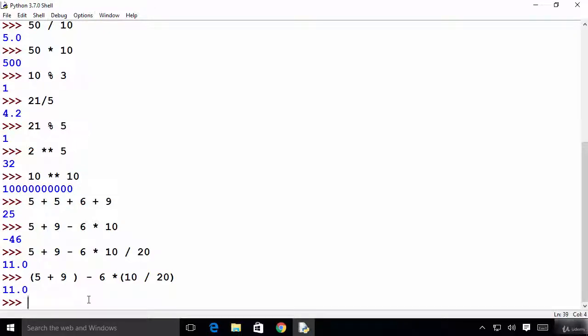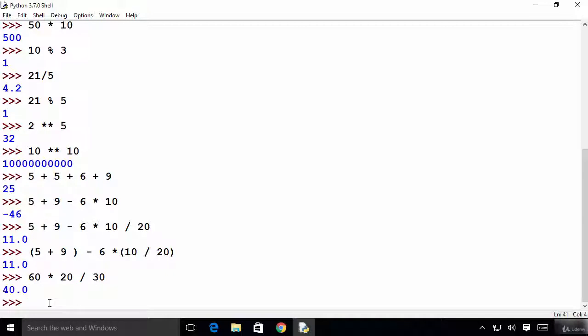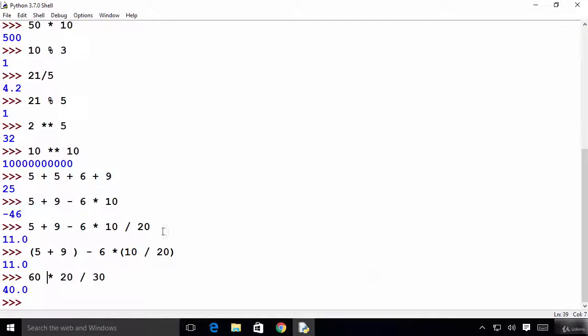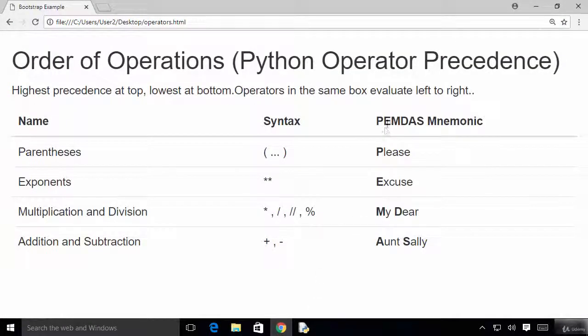Once again, for example, if you use 60 multiplied by 20 divided by 30 and then press enter, it will give you 40. But in which order will this calculation happen? First of all, this multiplication will take place because in the table we have seen that the multiplication operator and division operator have the same priority, and that's why the priority will be decided from left to right. Now if you want to learn the order of precedence between the operators, then you can use this keyword, which is